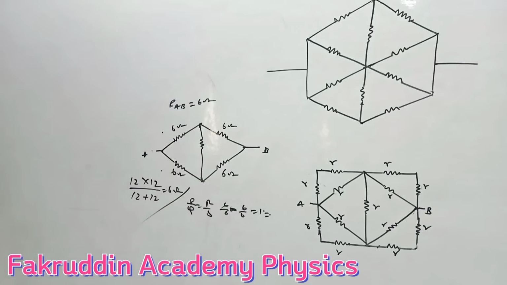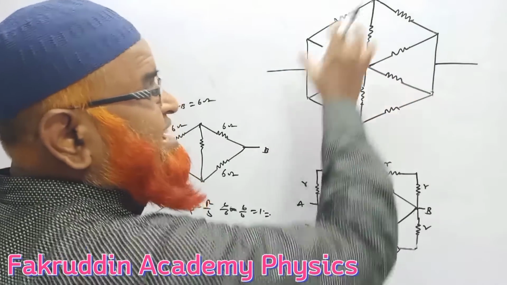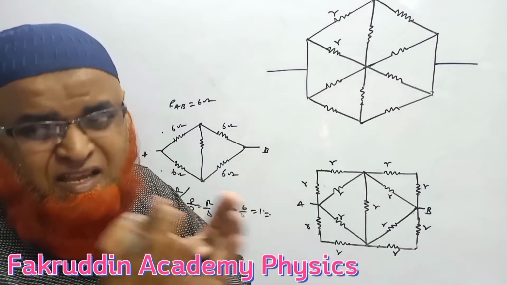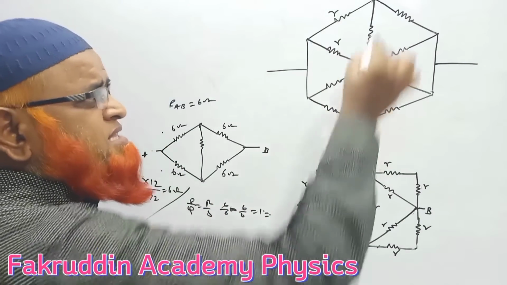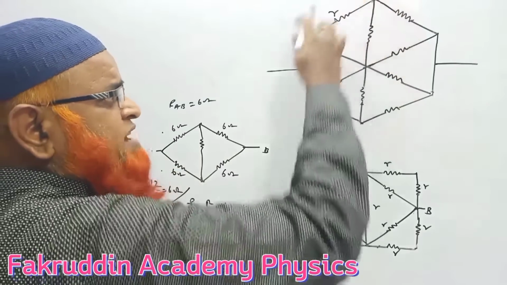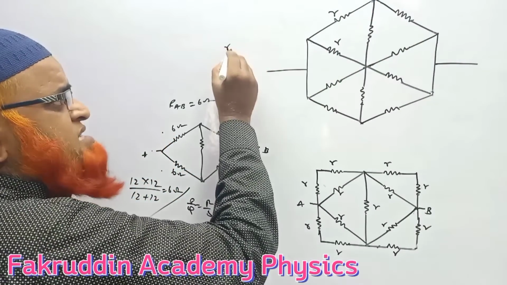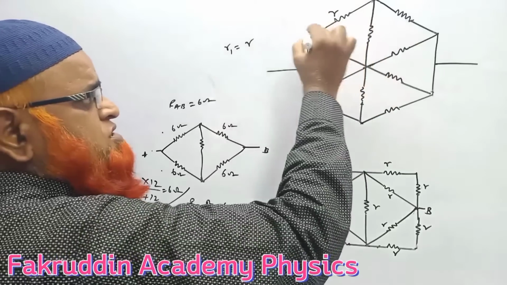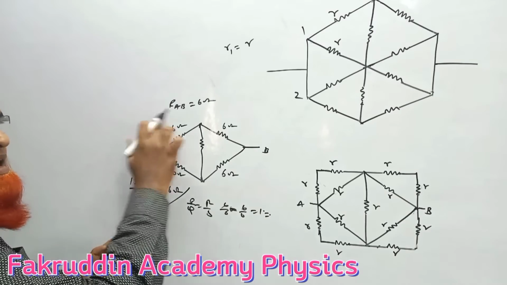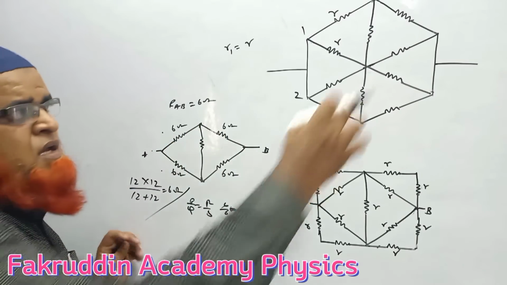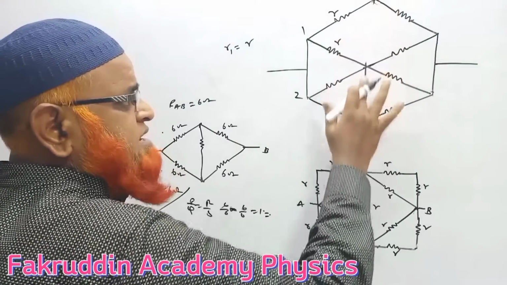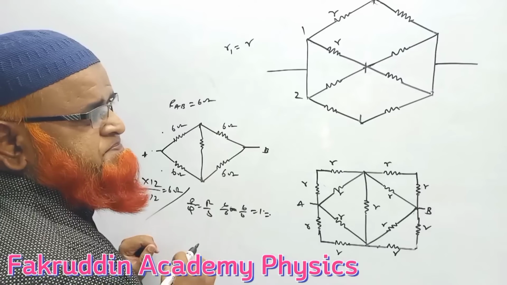That's it. But this is a complex Wheatstone bridge in which there are two Wheatstone bridges. Let us imagine the resistance of each and every resistor is given by small r. Then the upper Wheatstone bridge is there, the lower Wheatstone bridge is there. There are two Wheatstone bridges. For the upper Wheatstone bridge, the answer is r only. For the first Wheatstone bridge, according to this concept, the resistance will be any one, as I told you. The upper one is a Wheatstone bridge, the lower one is also a Wheatstone bridge. No current passes across this, no current passes across this.